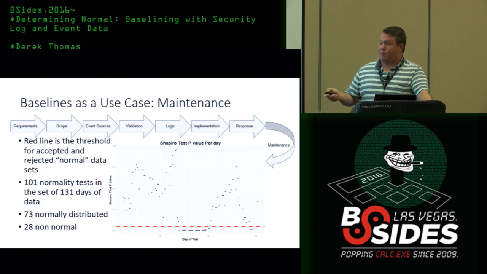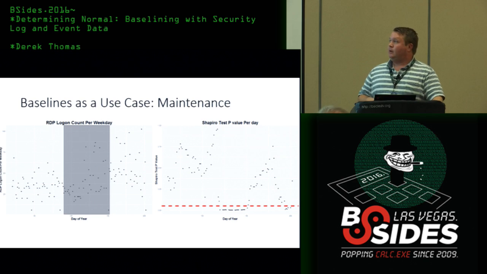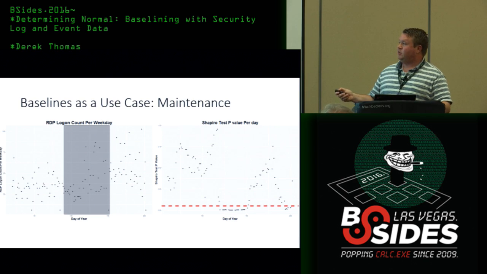So there's a period here for about a month where the data starts to change and it doesn't look good for creating the baselines. When that happens, you're going to start to get more alerts, and that's really the worst case scenario. You're going to get more alerts than you really should. You're going to get more than that 5%. So here we see during this period, these baselines were not relevant.